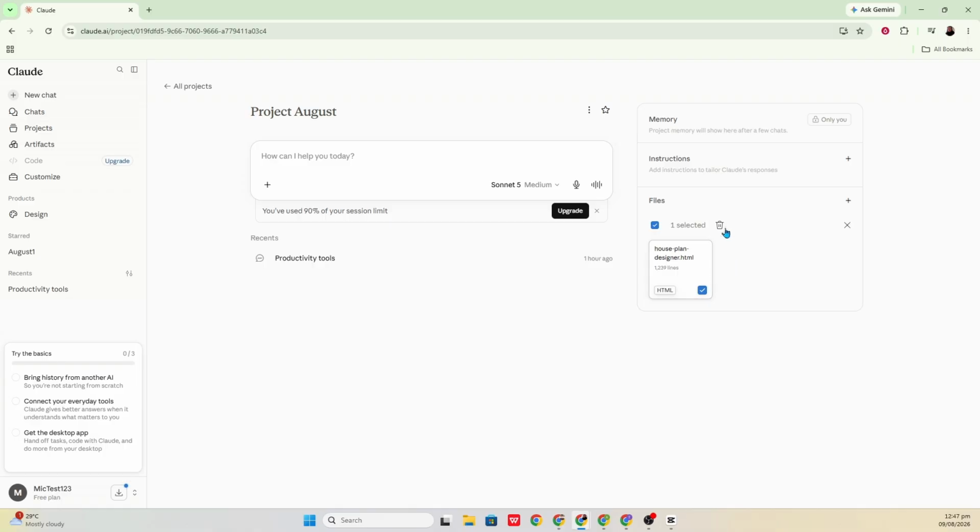Repeat the same process for each file you want to remove. Find the next file, hover over its entry, and click the trash icon or choose delete from the menu. Continue until you've removed all the files you no longer want in the project. When you're finished, review the Files or Project Knowledge list to make sure the files you wanted to remove are